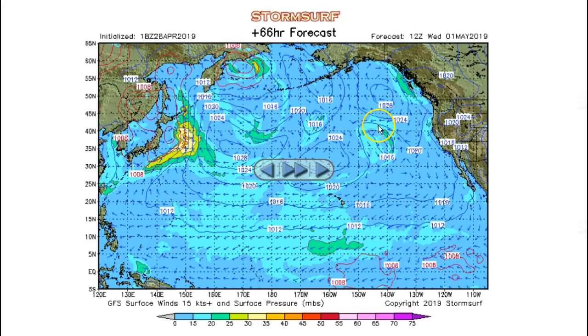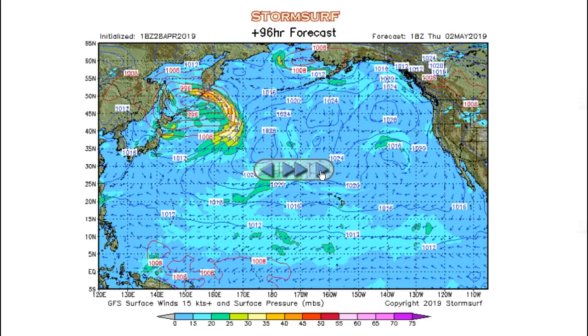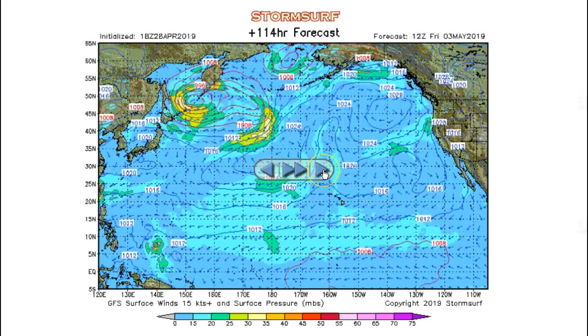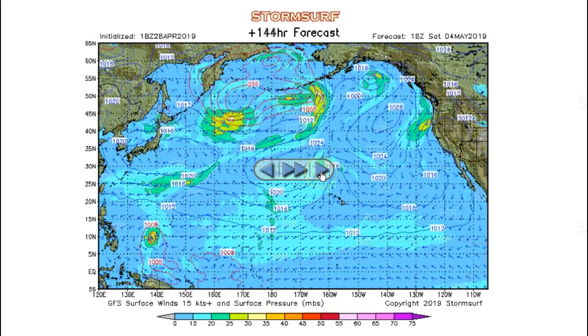You see low pressure, weak low pressure starting to build here in the Gulf of Alaska. Cutoff low. Here's another low. This is expected to develop off of Japan Wednesday night. At one point, the models had suggested it getting semi-strong with 34-foot seas, but you can look at this, don't see any signs of that. You would need 40 or 45 knot winds. Here's a little patch of 30 knot on Friday night,